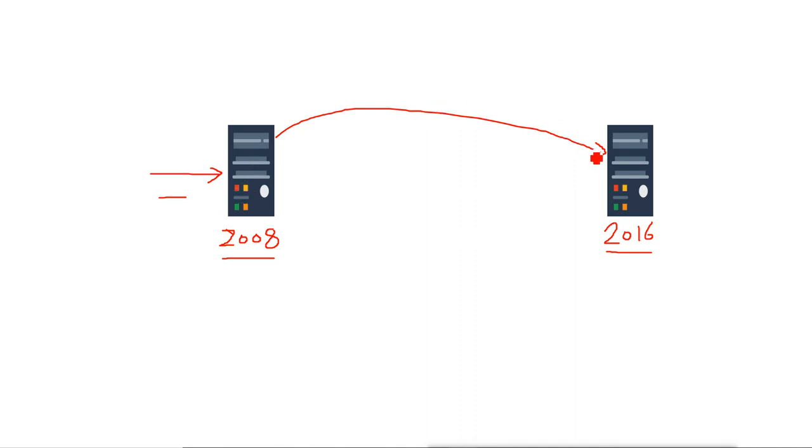Roles here specifically means the domain services role, so you migrate the domain services role to here. How will you do that? First you install the 2016 server, make this server a member of this domain, and then make this server an Active Directory domain controller. So this will also become a domain controller, and this one is already a domain controller.